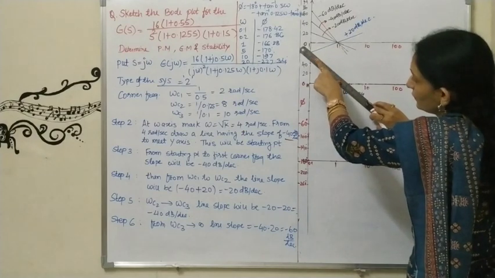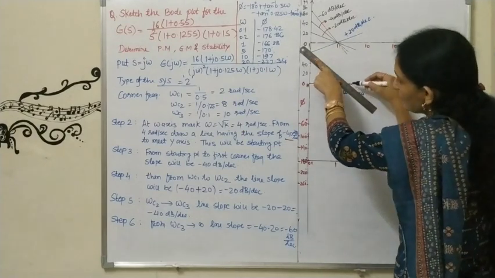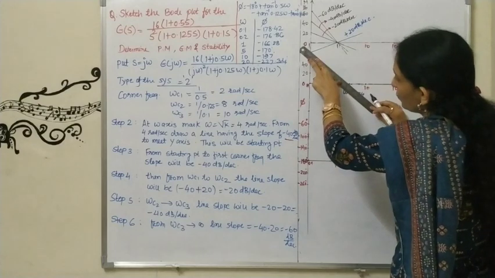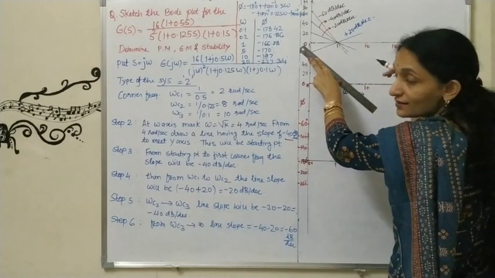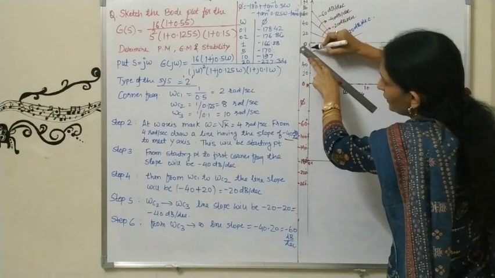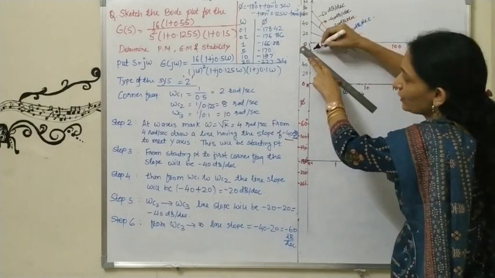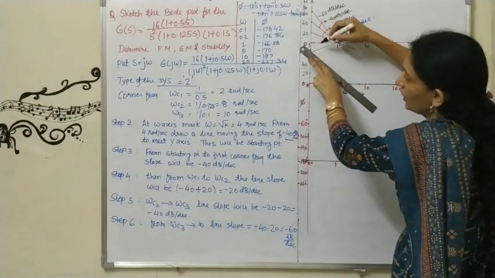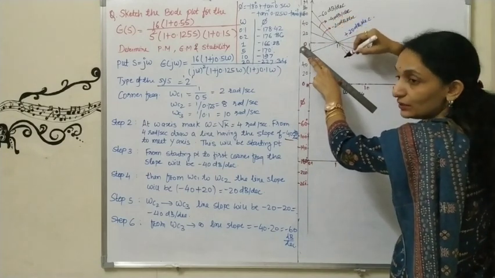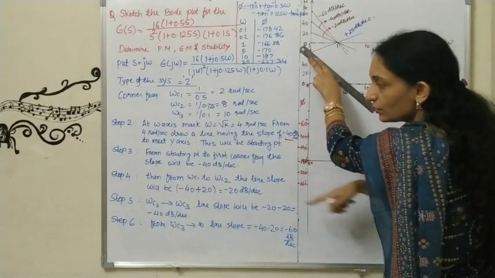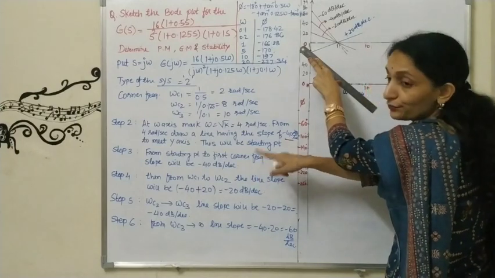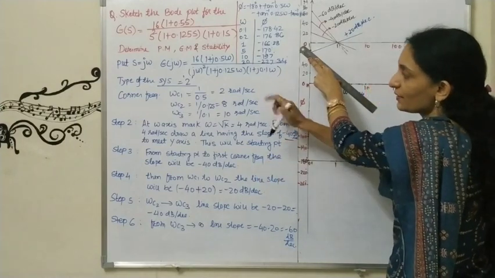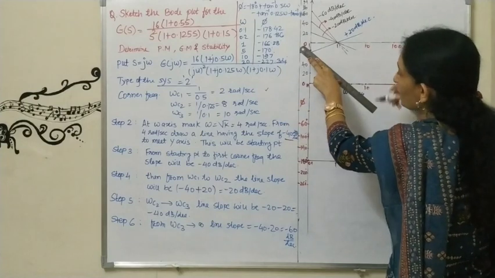You can check. Okay. So now this line with a slope of minus 40 dB per decade is intersecting the y-axis. So let's assume that this is intersecting the y-axis here. Okay. So I got a starting point. Then what I will do, I need to draw the line. Look at this. I need to draw the line up to the first corner frequency. So what is my first corner frequency? My first corner frequency is 2.